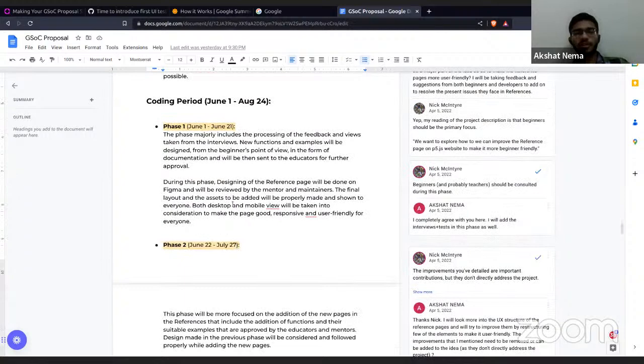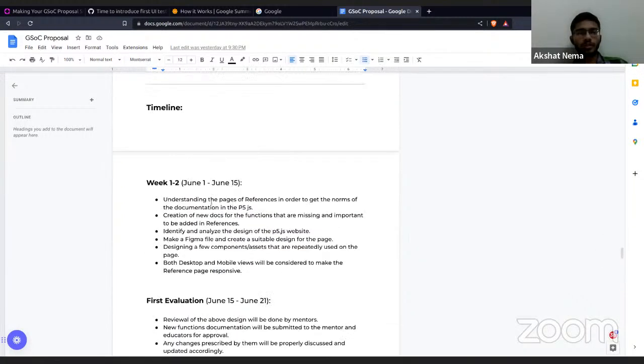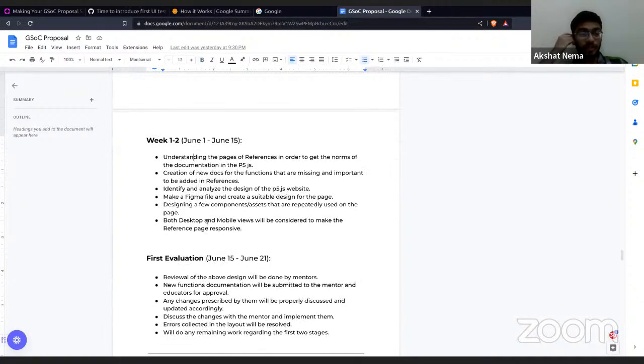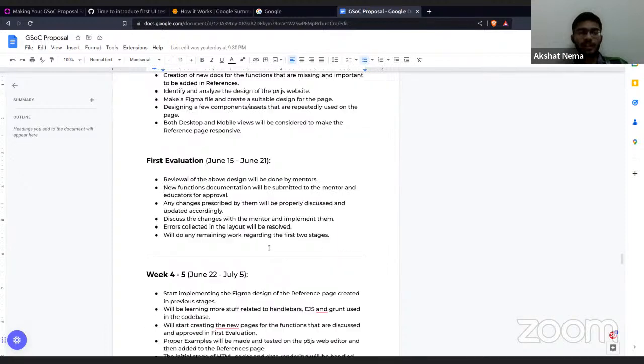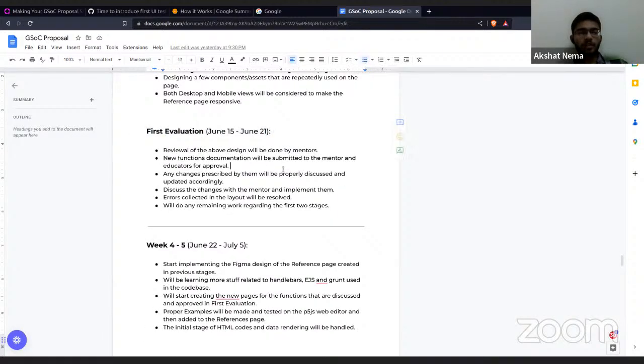The second one is the coding period. What goes inside the coding period is a timeline with all the weeks distributed. One thing I would like to mention is the evaluation period. Make sure that you mention the evaluation periods inside the GSoC proposal, and give the mentor effective enough time to evaluate or review